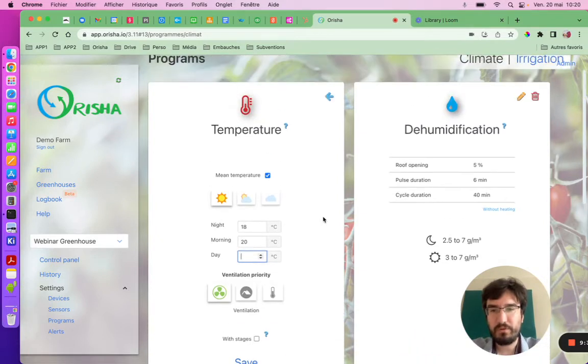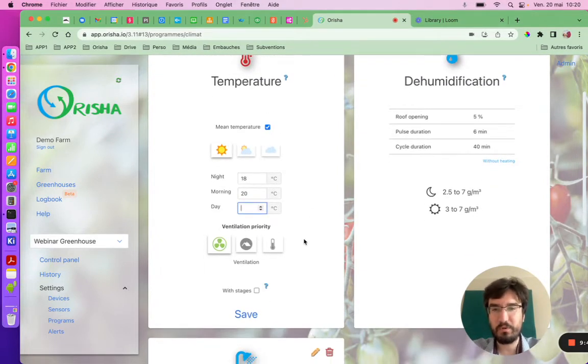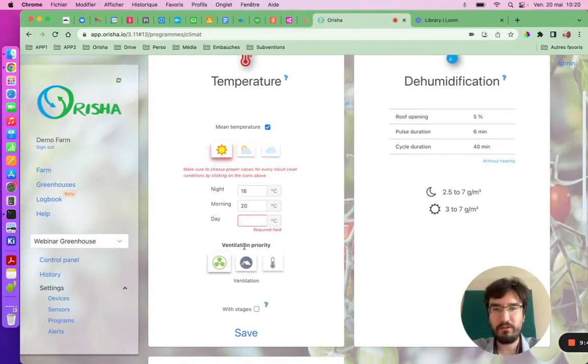With every program, you can choose to prioritize the type of ventilation you want. You can, for example, have ventilation priority with the fans or with the side curtains on the roof, or you can choose to be dynamic. So if you choose the little temperature icon here, every time the temperature outside is below 12 Celsius, it will use the fan to be more gentle on the crops. And every time the outside temperature is above 12 Celsius, it will prioritize the